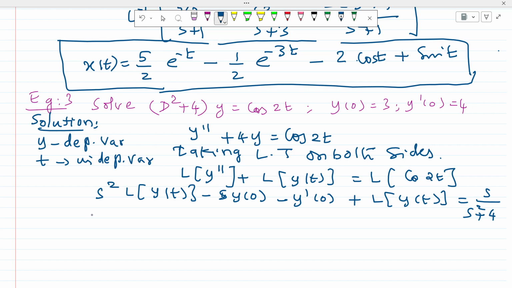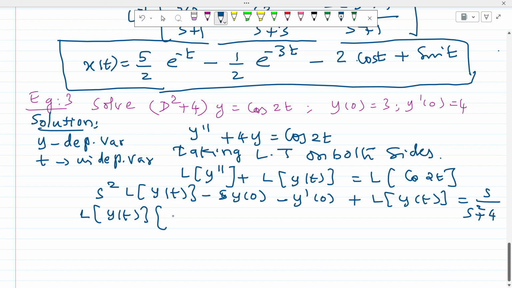So we need to solve, I think we need to solve more problems on Laplace transform. Once again, revise all the problems. I will do all the problems once again. Okay, so L of y of t here, L of y of t